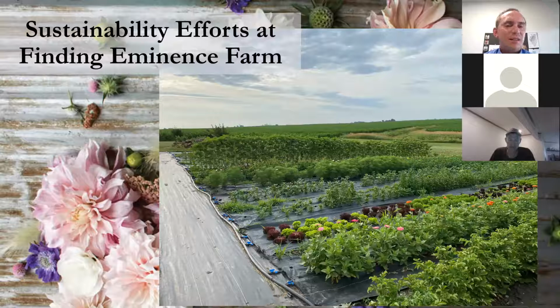To give you an idea of where we stack up as far as averages in Illinois, the average farm size is 375 acres. Again, we're a half acre, so we're teeny tiny. Likewise, you can see in the picture there's all this corn planted around us. We're completely surrounded by corn and soybean fields. Depending on the year and who you talk to, these are kind of vague numbers, but per acre on a corn or soybean farm, you're looking at grossing about $600 to $7